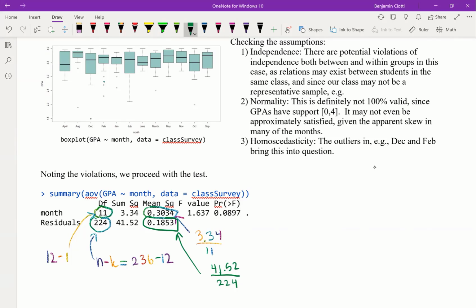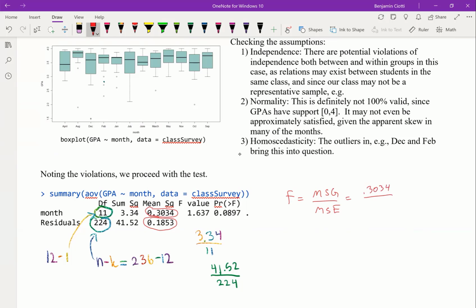I can then calculate the F value, the test statistic, by taking the ratio of the mean square of the groups to the mean square of the residuals. So, right, the F statistic was MSG over MSE. Here's MSG, here's MSE. Taking their ratio,